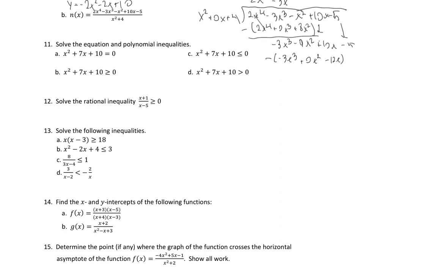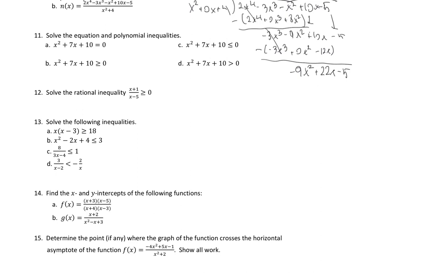When we go ahead and combine these, minus 3x cubed minus 3x cubed plus 3x squared, those cancel. Minus 9 minus nothing. 10 plus 12x will become 22x minus 5. So to continue on,